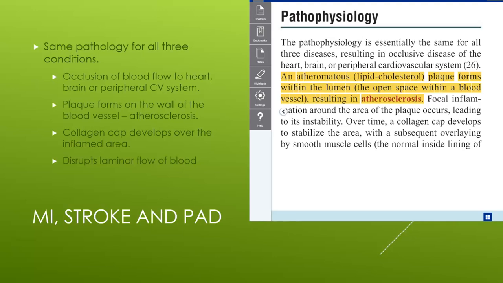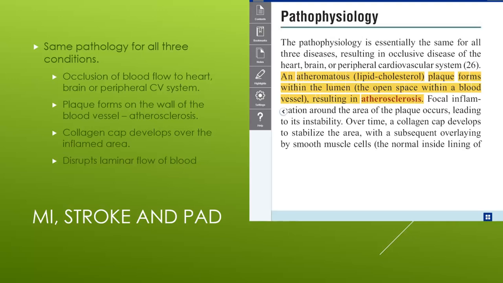The little blood platelets and the fluid itself has a viscosity to it, and it's flowing nice and smooth through that pipe. But as soon as you have a little bit of plaque on the inside edge of one of those pipes, little currents as the blood flowing through hits that cause like an undertow, or an undercurrent. And what happens is the little platelets start to stack up, they start to calcify, they end up with atherosclerosis, and collagen develops over that inflamed area, and it disrupts that laminar flow. It gets worse and worse, until eventually